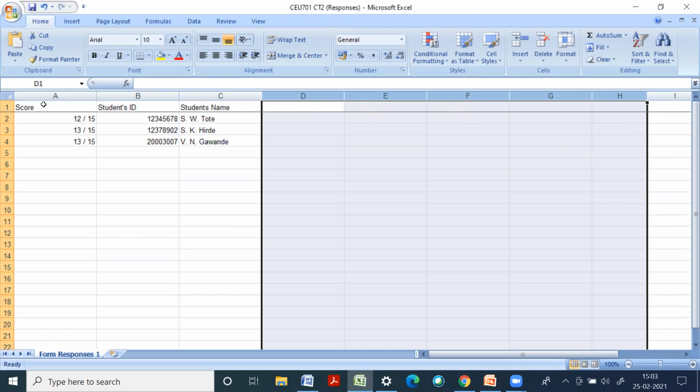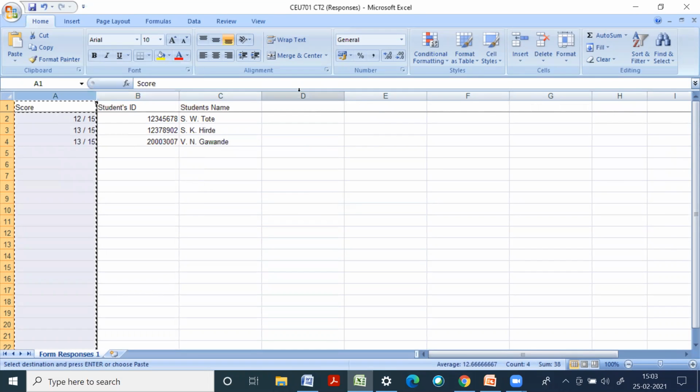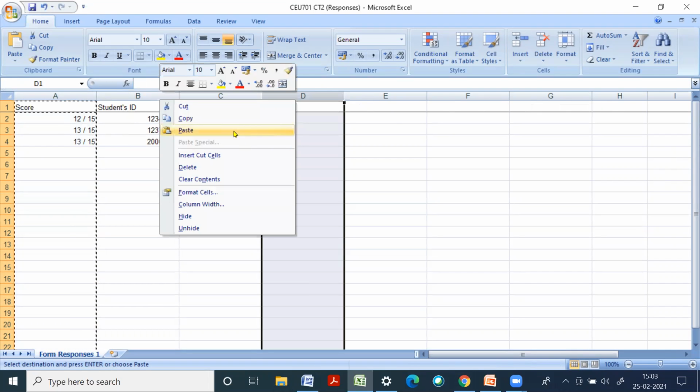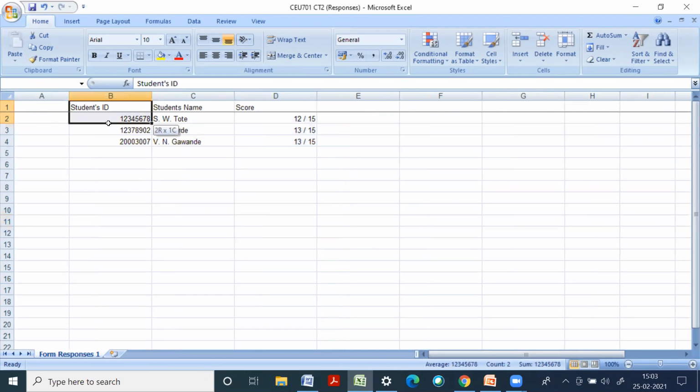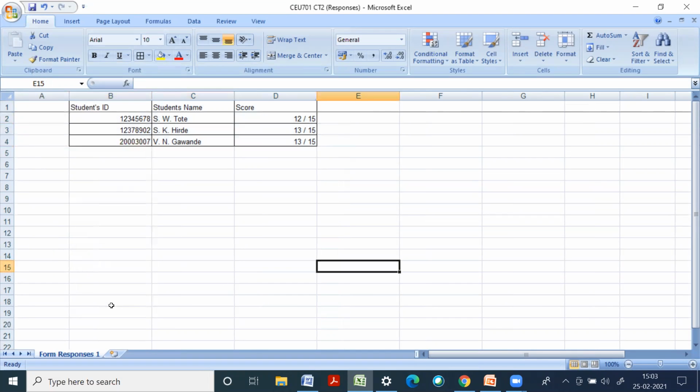And then I will rearrange this like this. So this is now the data available to me about student performance in class test 2.